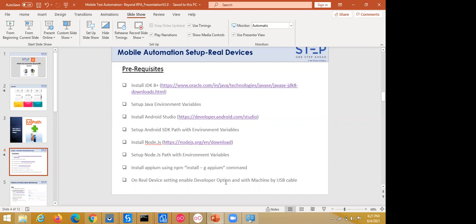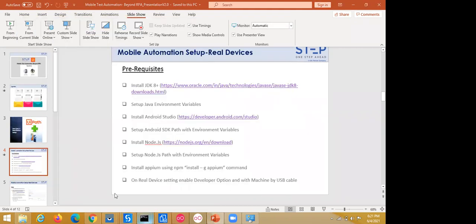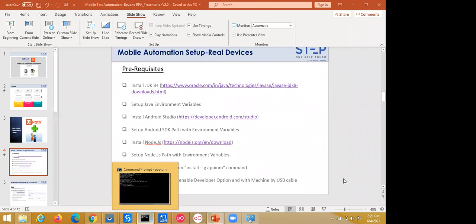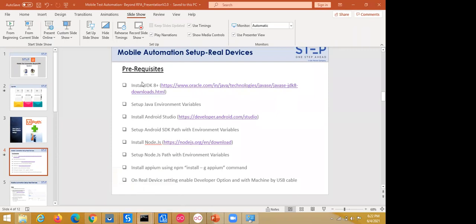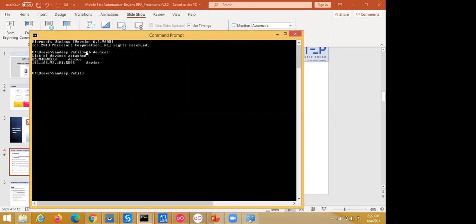So now you need to connect your real device using USB to your laptop or computer. After the computer is connected, we need to check whether this particular real device is connected or not. So how can we check? We need to enter one Android command, this is adb space devices, right? Once this command is hit, it gives us a list of connected devices.